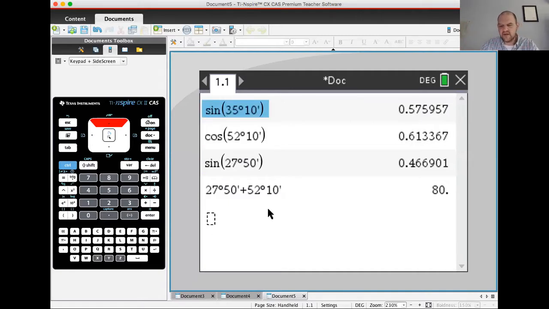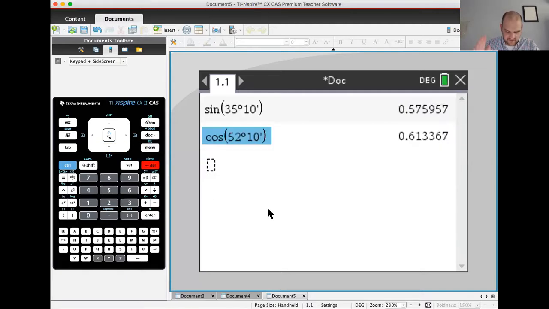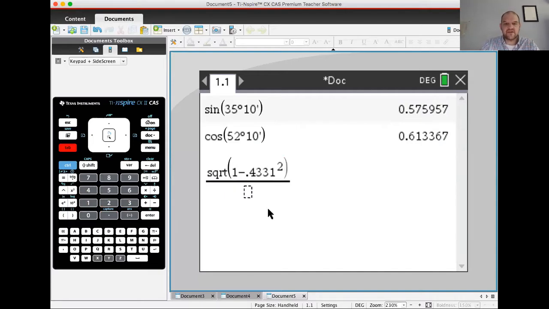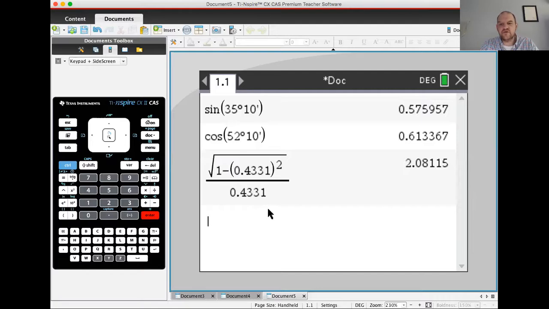Anyway, the sine of 35°10′ is definitely 0.5760-ish. So that's good. Now the next thing is the cosine of 52°10′ is 0.6134-ish, right? It's always rounding. The next one's really big, so let's do ours first: 1 minus 0.4331 squared, because this one had by far the most steps so far. So we get